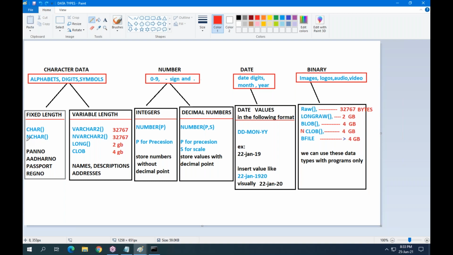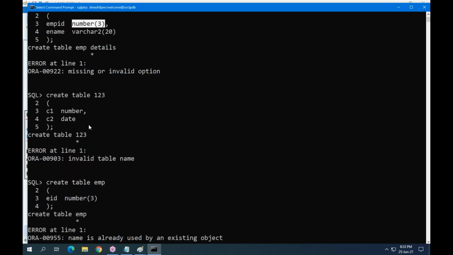Nchar, actually, it will support any global language. Presently we are storing data only in English, but I want to store data in French, in Tamil, in Telugu, in Hindi, in Marathi, in Gujarati, right?